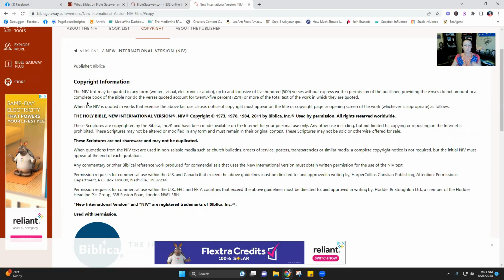Providing the verses do not amount to a complete book of the Bible. In other words, don't try to make a new Bible and then say it's yours, even if it's free. That's obviously going to be over 500 verses. And then here, nor do the verses quoted account for 25% or more of the total text of the works